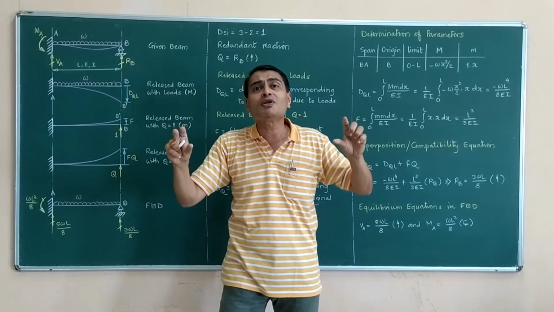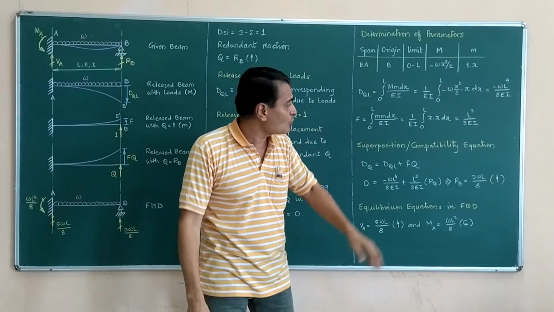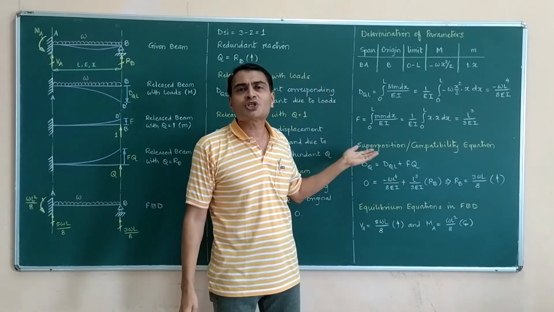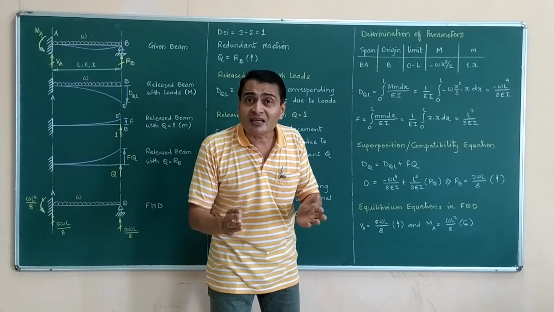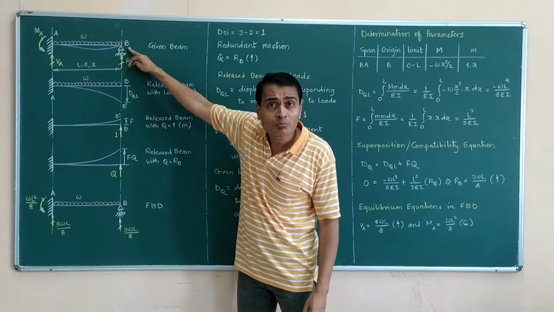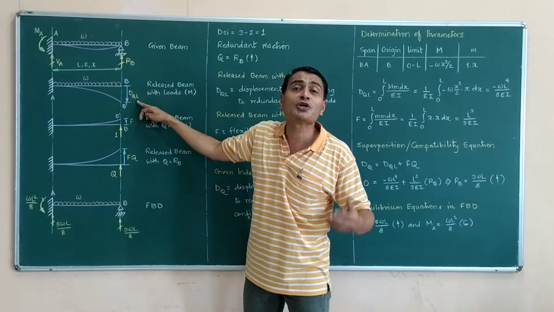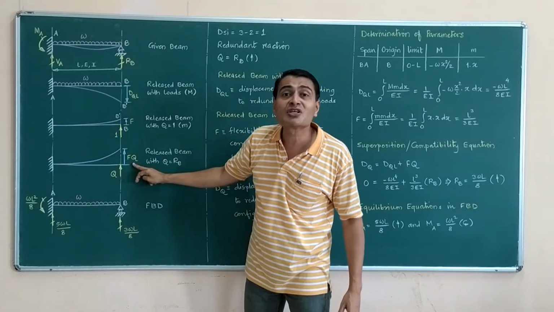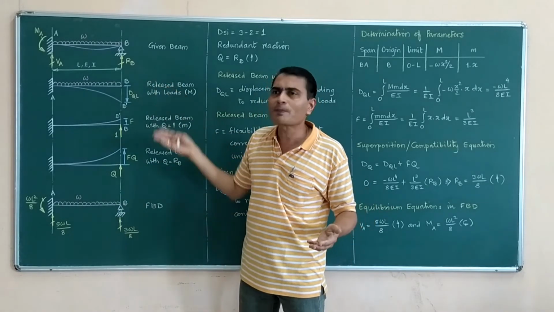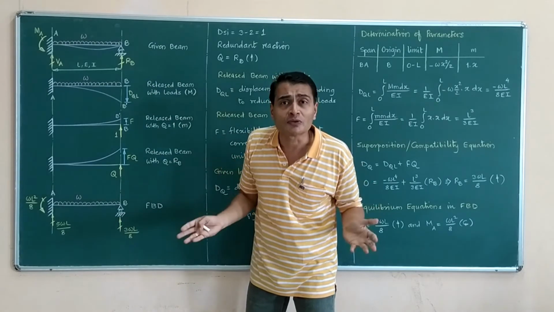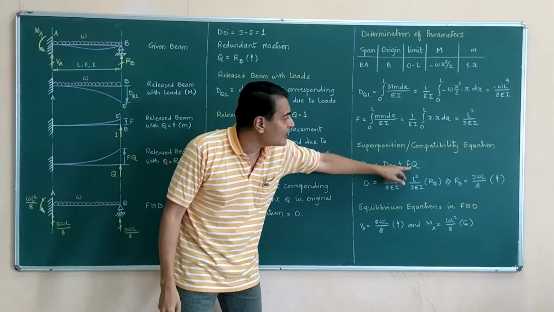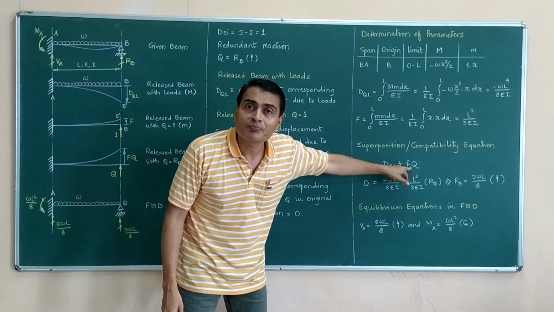So it is an equation between all deflections, and that's why I am calling it a compatibility equation, or a generalized term, superposition equation. And what am I saying? I am just saying that this deflection dq is equal to this deflection dql plus this deflection f into q. So simple, so straightforward. Superposition or splitting resolution. So that's what I have written. dq is equal to dql plus f into q.